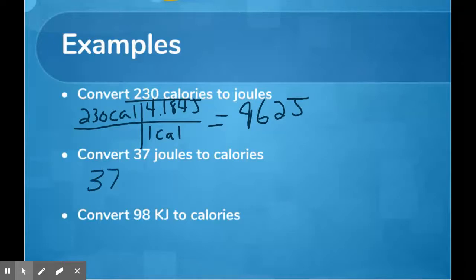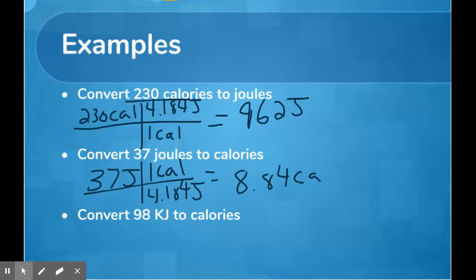The second example says convert 37 joules to calories. So we start with our given information, 37 joules, and we're going to use the same conversion factor, but this time 4.184 joules needs to be on the bottom and 1 calorie on the top. So you do 37 divided by 4.184 joules, and that gives us